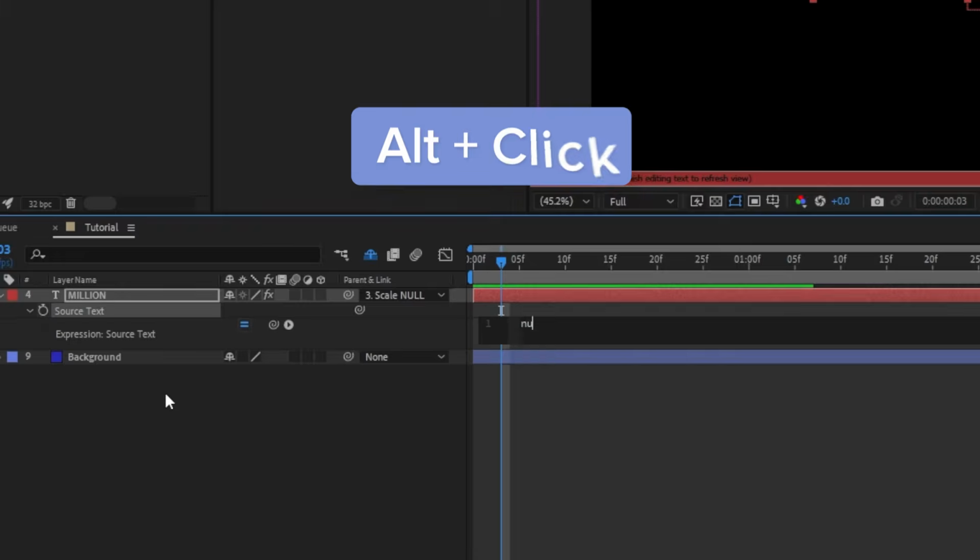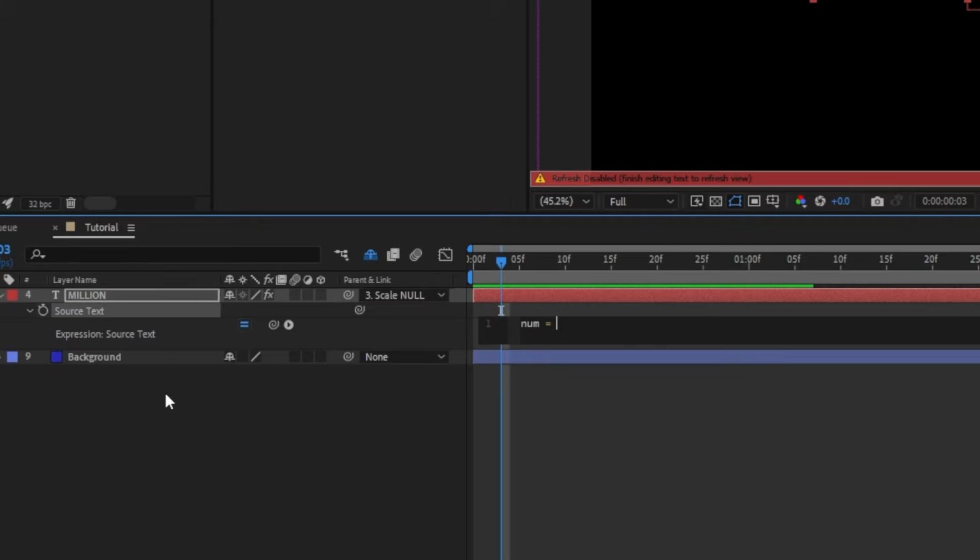And we'll type num equals, and then we're going to put some inverted commas here. Now this is where we could put a $ sign or a pound sign for something to go before the number, but for now we're just going to leave it blank. And then we're going to type plus